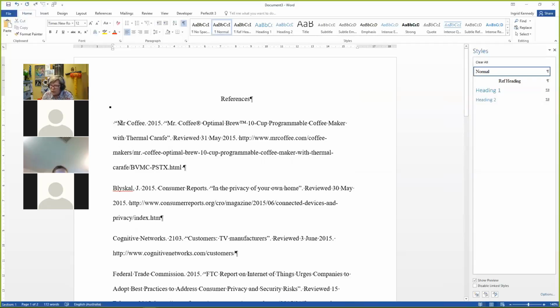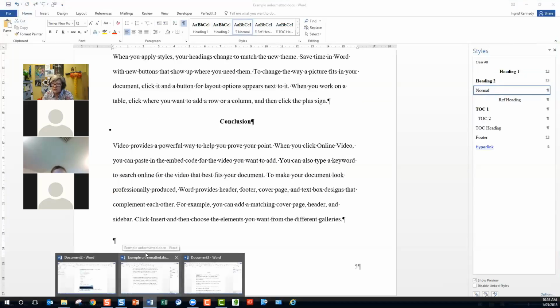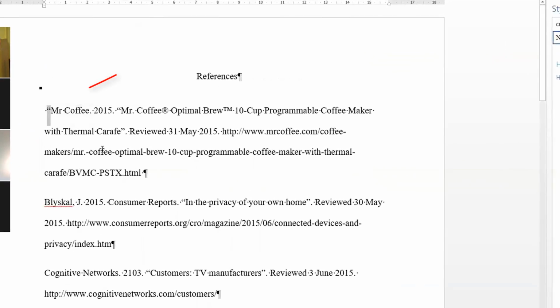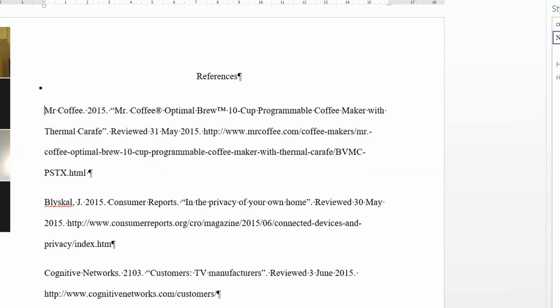And now I have a look here and I go, why is Mr. Coffee at the top of the reference list when it really should be under M for Mr.? And I noticed that it's got a character in front of it, quotation marks. Microsoft doesn't know what to do with quotation marks, so anything like that, it puts right at the top of the alphabetical list. So I'm going to delete that, and that space for that matter,